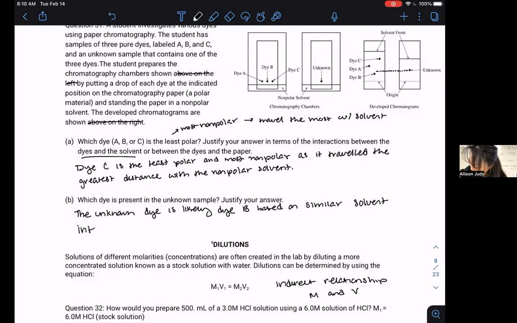Sorry, one second. Okay, so based on similar solvent interactions, the unknown dye is likely dye B